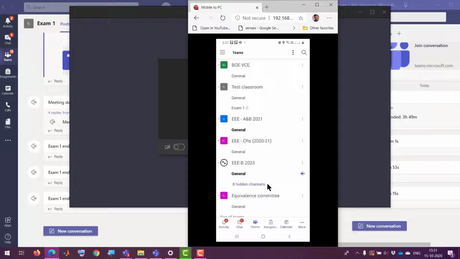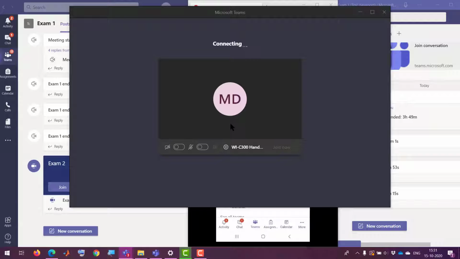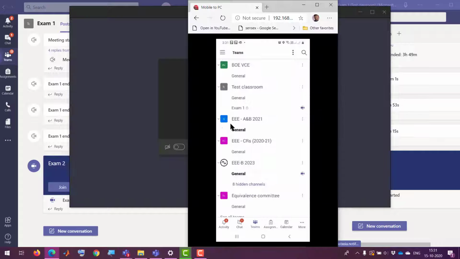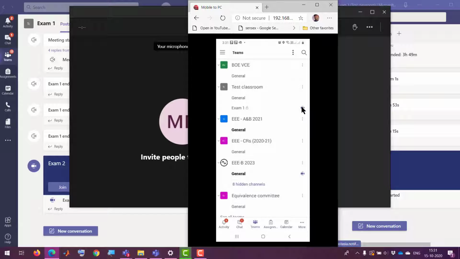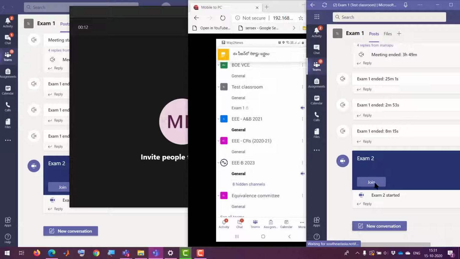As soon as the mentor or the invigilator starts a meeting, in the student's mobile view as well as the system view, this icon will appear suddenly. Even in the desktop view, this exam to join will appear automatically.